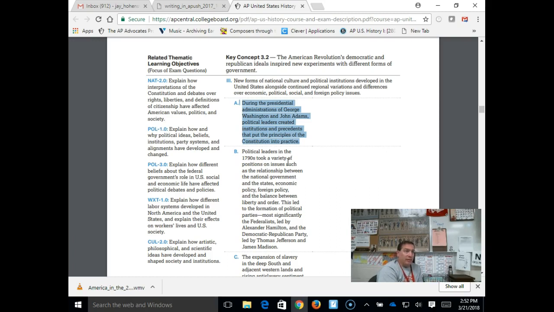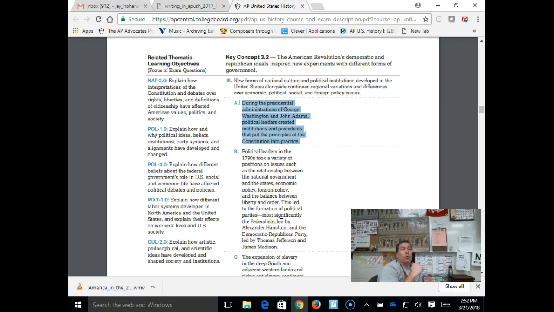If you want to get ready to write stuff into the box or check to see if you've got these things, number one, remember, he sets down the precedent of only 2 terms in office, which is going to last until who breaks that? FDR, fantastic. He sets down the precedent that he should be known as Mr. President, not like our esteemed leader, our supreme highness. I mean, it's just Mr. President, the name that he wants to go by.